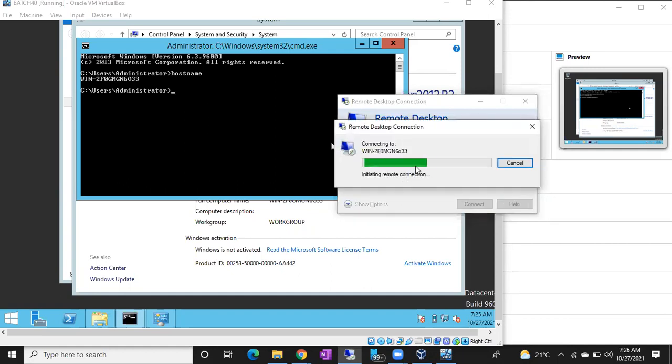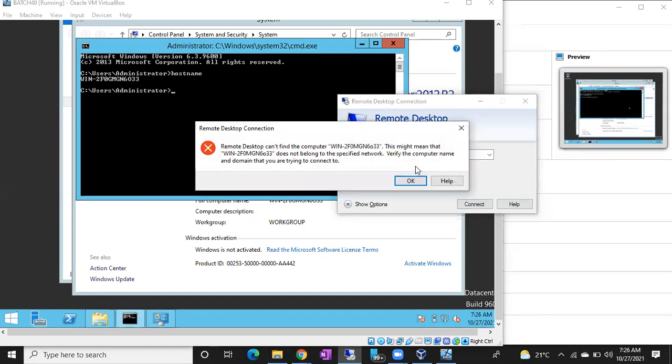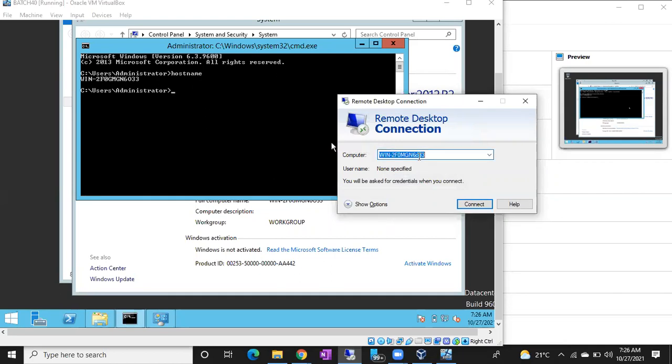I am not sure whether we can connect with the computer name or not. Is it capital O or small O, sir? Small or capital, that's not an issue. Okay. Win2F0... 6033.